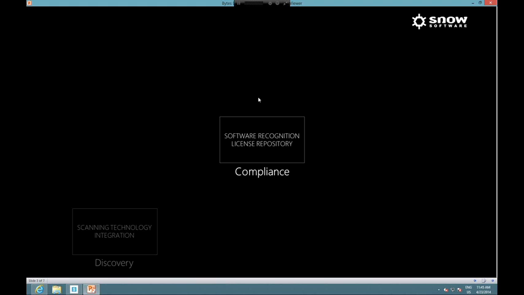And what we do is we analyze the relevant files and appropriately recognize that application on your behalf, i.e. the application name, the manufacturer, whether it requires a license, the release date, the application family it belongs to, and effectively act as an extension of your internal teams